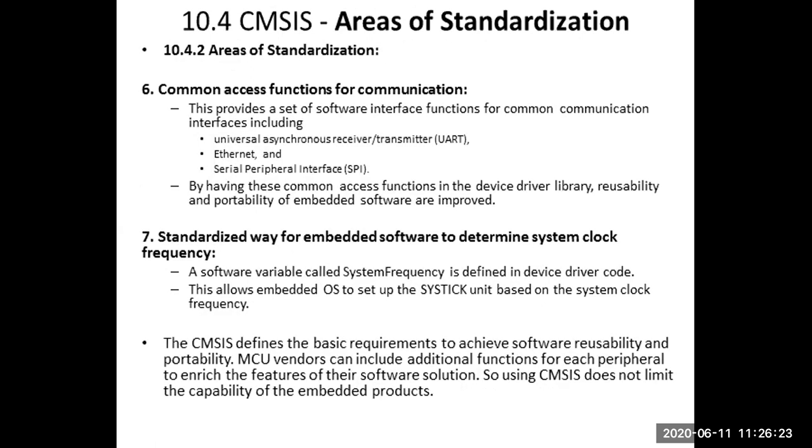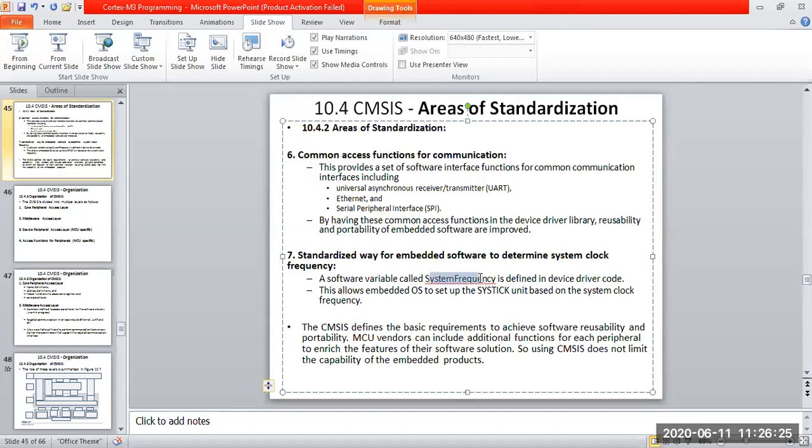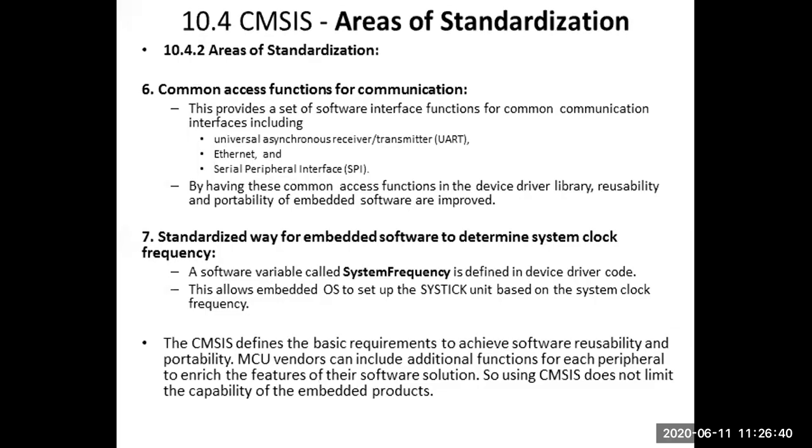The system frequency, which is defined in the driver code, helps in determining our clock frequency. Clock frequency means the rate at which the clock works. 1 second, 2 seconds, 3 seconds, 1 hour 60 minutes, 1 minute 60 seconds. So the interval of changing of seconds 1, 2, 3, that interval should be the same, right?